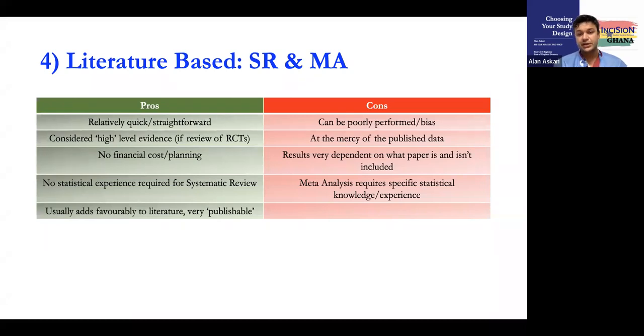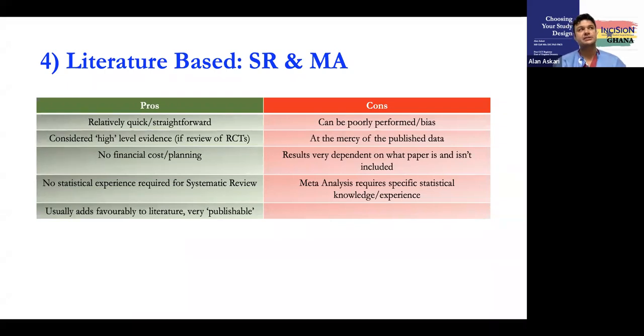You just search the literature, you define what you want to look at, the question that's important to you, you pull the relevant articles, and you start analyzing them in a meta-analysis or just reporting them in a systematic review. They can be considered very high-level evidence. For example, systematic reviews and meta-analyses of randomized controlled trials in particular are deemed the highest level of evidence,